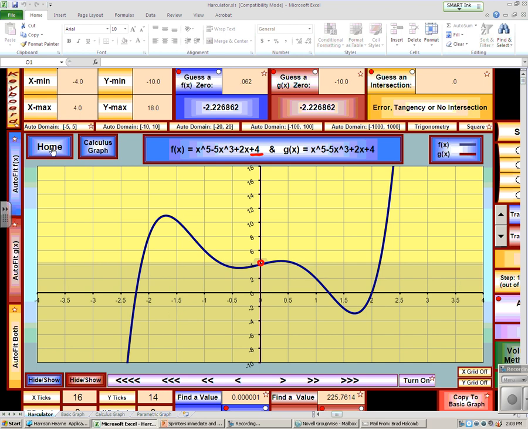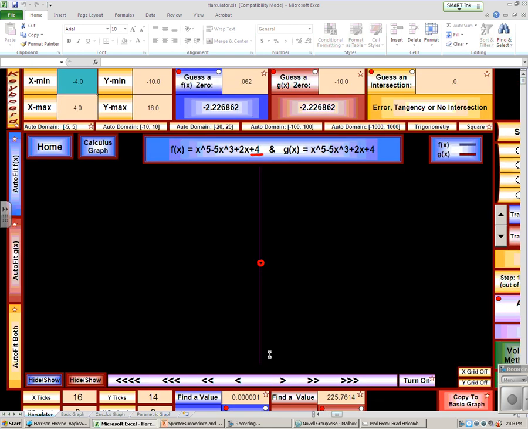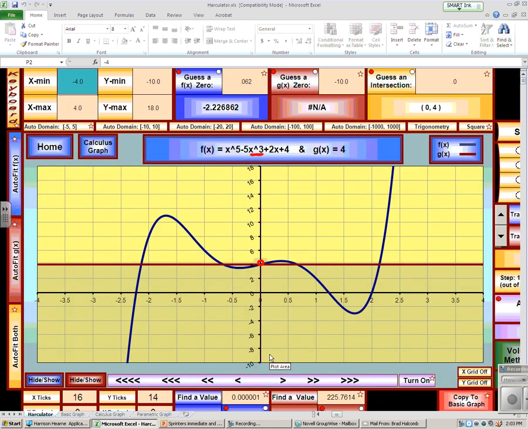If I go back home here, set this on equation 2, and graph a function plain old 4, this takes a little bit of time while I'm recording and gets a little bit blippy, but this will all work out. And we take a look at that graph. At that very instant where I put the red circle, you see these graphs are the same for that instant. But remember, the +4